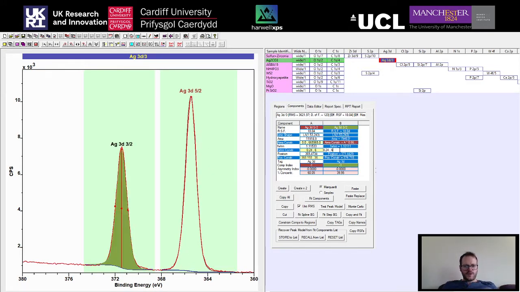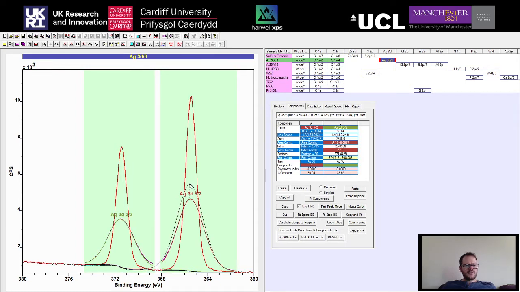So the second one we're going to look at is the full width half maximum constraint. You'll remember we discussed again in the fundamentals course that we should try and keep these the same at all times, barring a few notable exceptions. So I'm just going to type a times 1 into that one, and now when we change the full width half maximum, just drag and drop that there, you can see again this peak is now